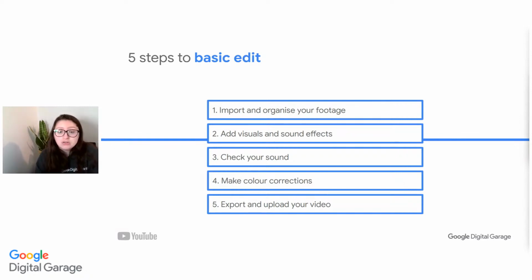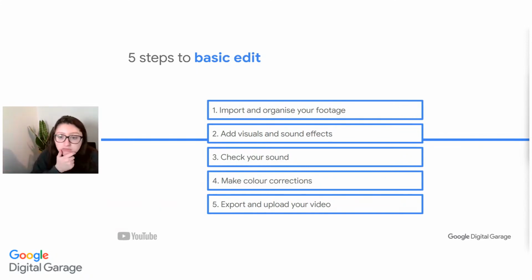So if you're not using your phone and you want to import it to a different device, you make sure you organize that footage. What's definitely usable, what's backup clips, can I trim anything at this stage or delete clips that just definitely don't fit? How can I really understand what I've got? Then you can start to think about adding your visuals and your sound effects, making sure you add things like titles, intros, transitions. Now remember, on this, sometimes less is more. You don't want too many effects that it distracts from the story you're creating.